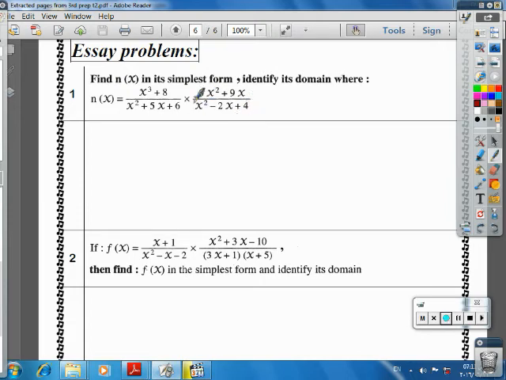We studied before how to factorize, how to take HCF, and also how to factorize the sum of two cubes. Okay, first step,